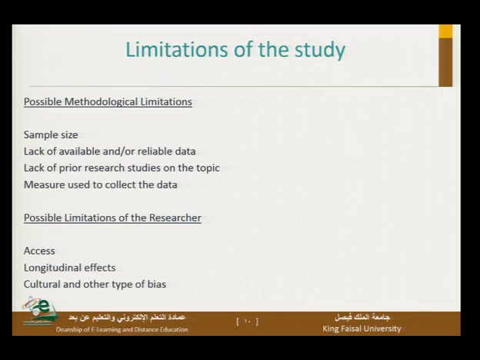Also, for you as a researcher, access. You couldn't get access to the schools or to the organizations. It was difficult to collect the data in this particular school. The headmaster said, no, we don't want you here. You go to another school, no, we don't want you. For example, you said at the beginning I want to go to 50 schools, and then you ended up with only 5. You say why this happened, and this is a limitation, that I could not have access